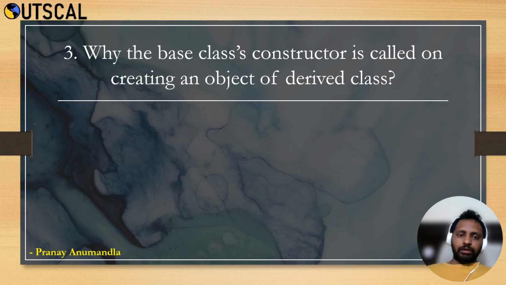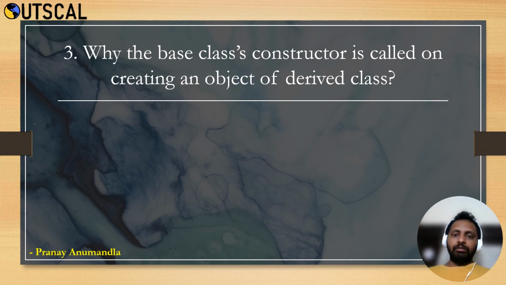Why is the base class constructor called when creating an object of the derived class? See, whenever we create an object of the derived class, we will be able to access the member variables or member functions of the base class. So whenever we create the object, we must initialize the object. Some of the variables or member functions are inherited from the base class as well. So to initialize the object completely, we have to use members of the base class as well as the derived class. To initialize the members of the base class,